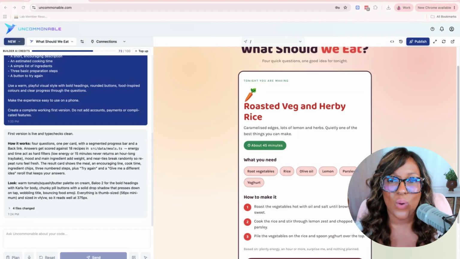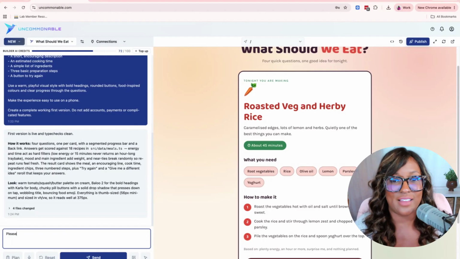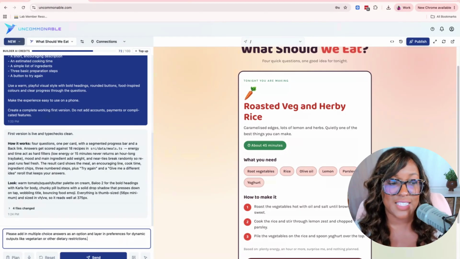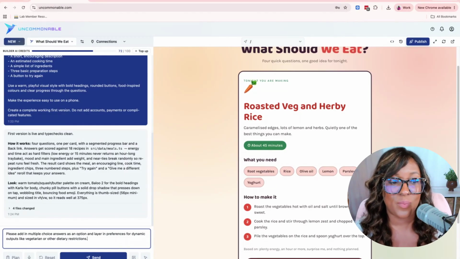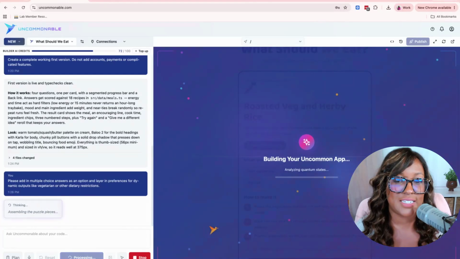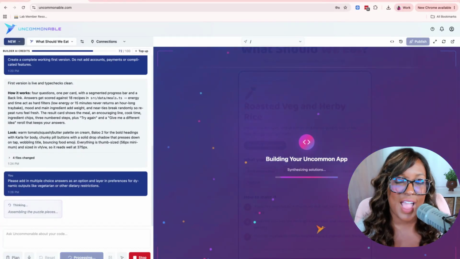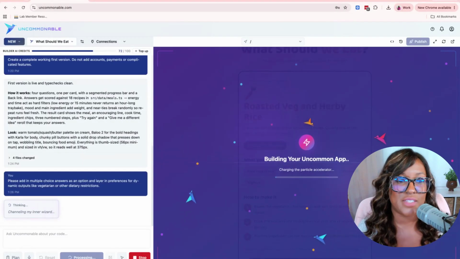So one of the things that I would love is adding multiple choice answers. So I'm going to type that in right now to see what result I get. All right, so what I've added in is this. Please add in multiple choice answers as an option and layer in preferences for dynamic outputs like vegetarian or other dietary restrictions. So I'm going to hit send and see how Uncommonable really shapes this project into something that's slightly